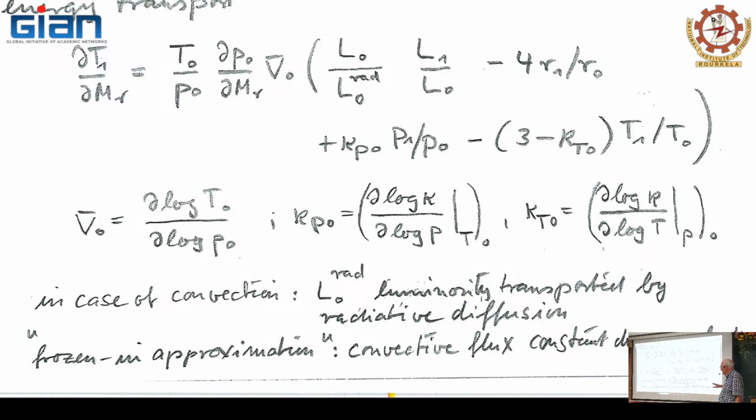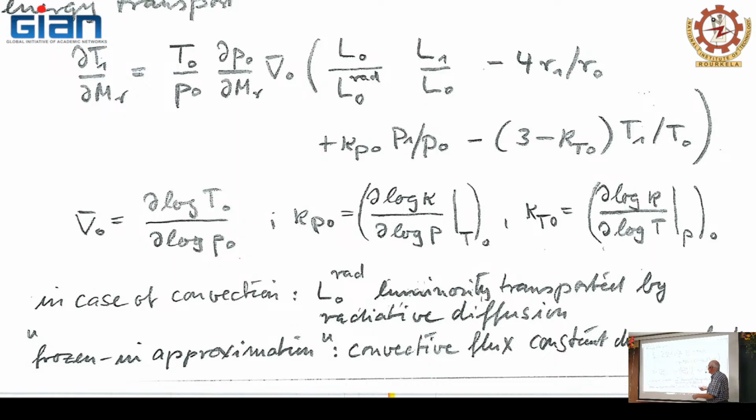Once you apply this frozen-in approximation explicitly, you get another factor of order unity in front of the luminosity perturbation, because you don't perturb the entire luminosity, but only the fraction